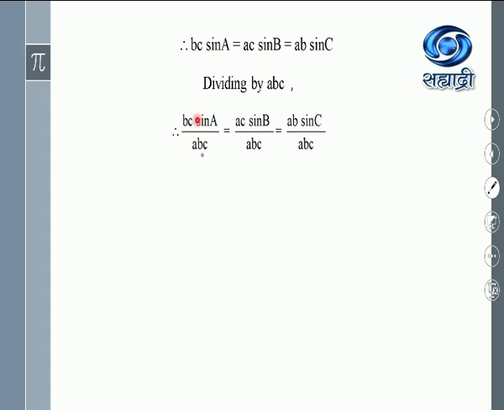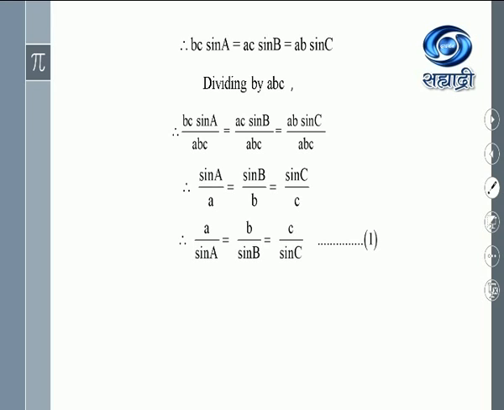BC and BC get cancelled and we are left with sin A upon A in the first term. Look at the second one. Here AC gets cancelled with A and C. We are left with B. So the second term is sin B upon B. The third is AB and AB gets cancelled and we are left with sin C upon C. Thus we have sin A upon A is equal to sin B upon B is equal to sin C